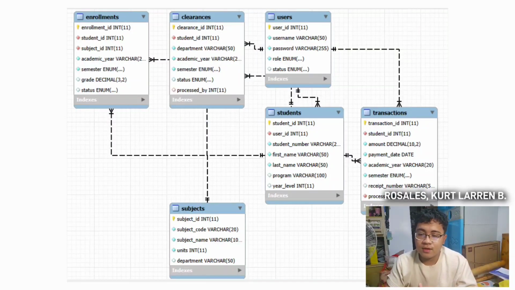As you can see, they consist of their own primary keys and of course foreign keys in order to be related to each other. And this implements a 3NF normalization, so it doesn't have that many redundant columns and data across the tables of the database.